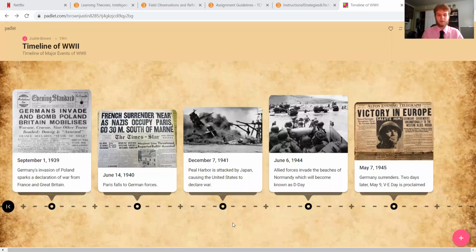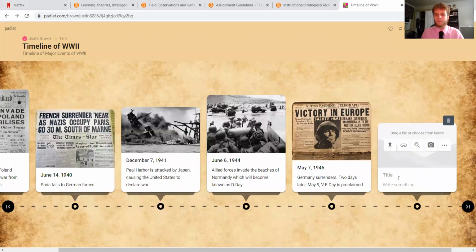for example, the timeline tool, which can be very helpful in history classes, which is what I will be teaching, because it provides timelines of important historical events like the one I have listed here, World War II. You have the beginning of the war and some important dates that happened in the war. And to add to the timeline, you click this little plus here, and a box comes up where you can